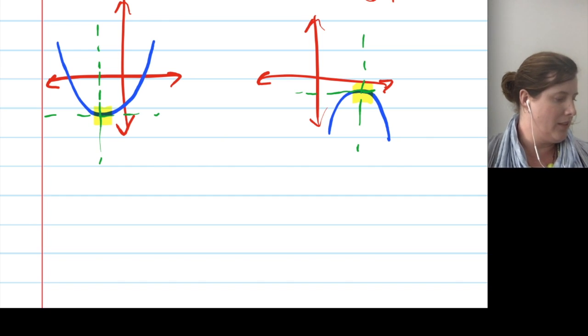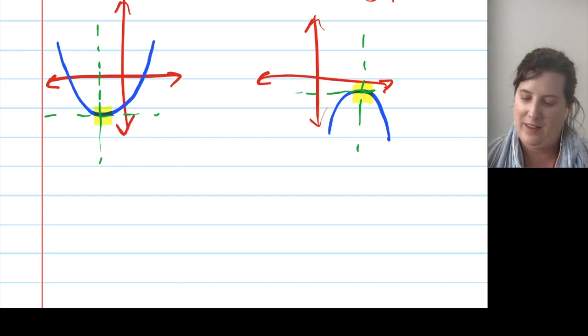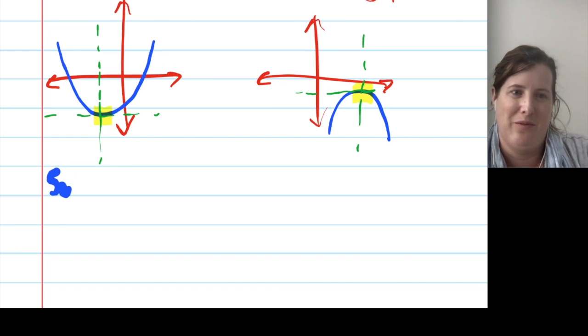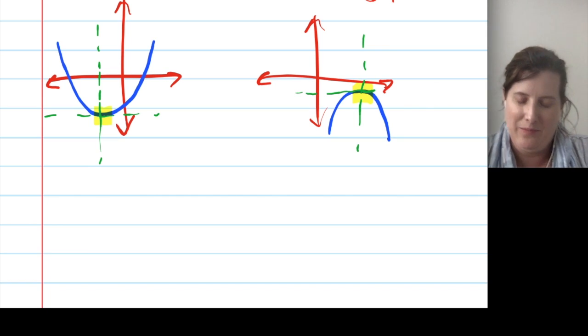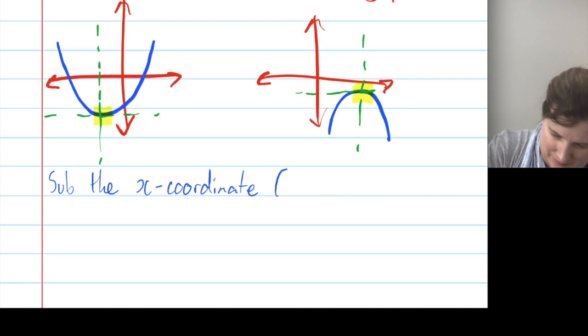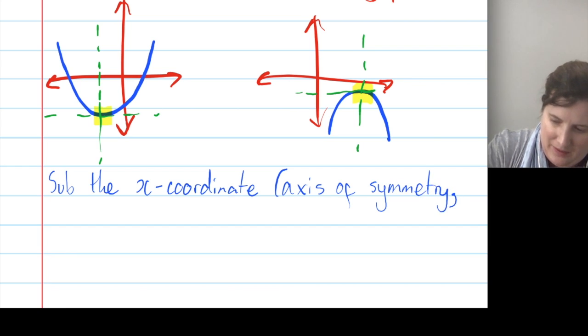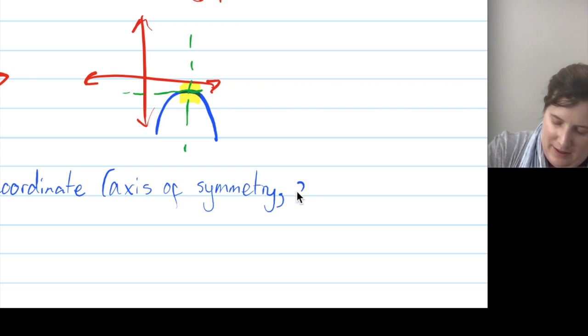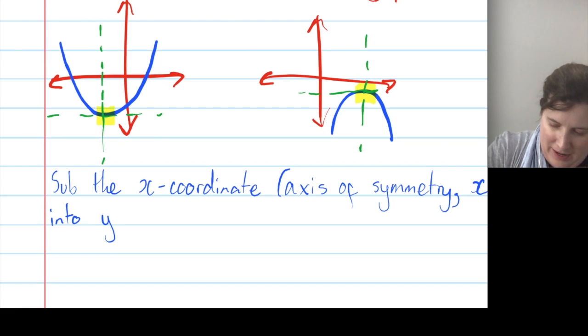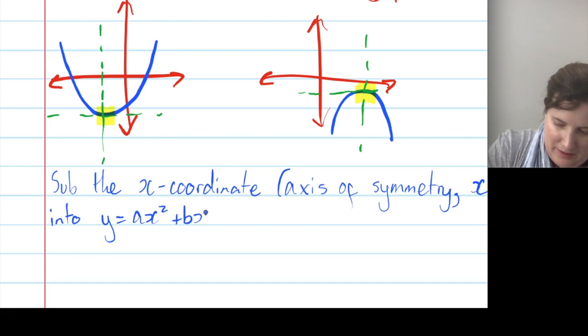So you substitute the x coordinate, so the axis of symmetry, which also comes out as x equals minus b over 2a, back into y equals ax squared plus bx plus c,